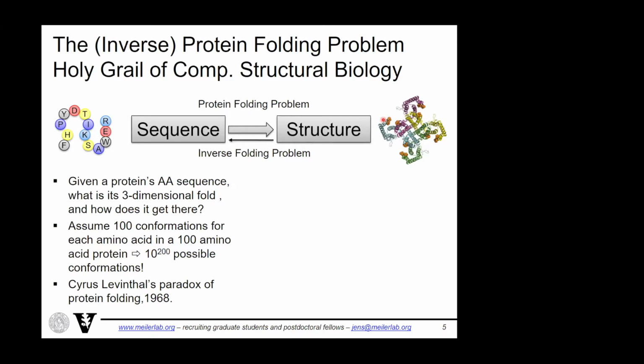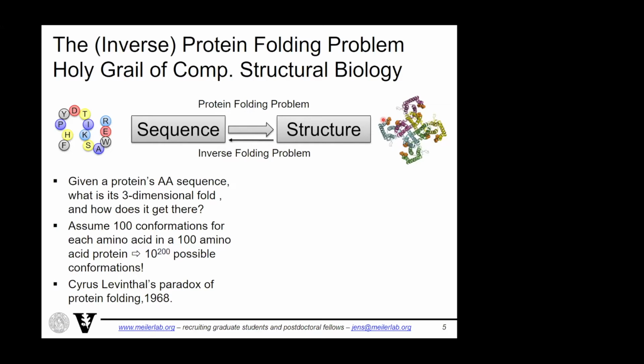And that was formulated way back in the 60s. Several people had similar formulations. The best known is Levinthal's paradox of protein folding. Nature cannot fold proteins by sampling the whole conformational space. And we know nature doesn't need to do that.